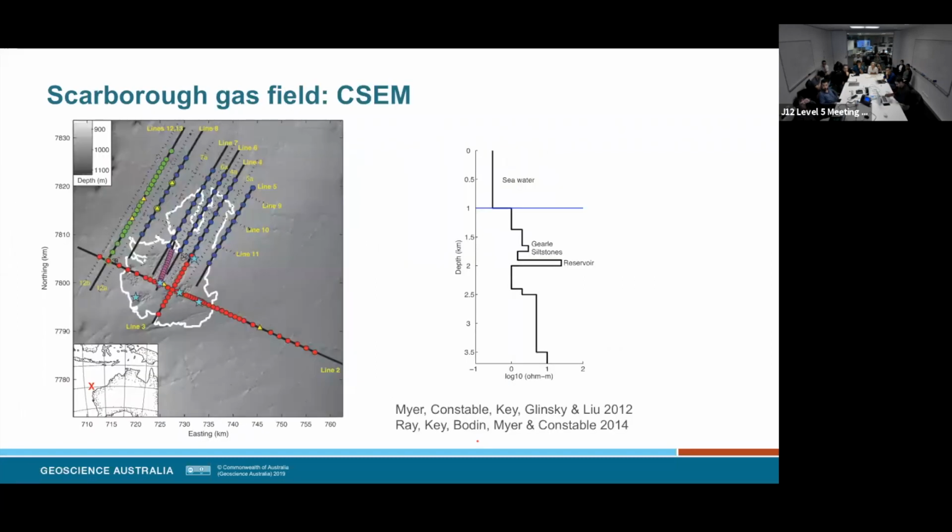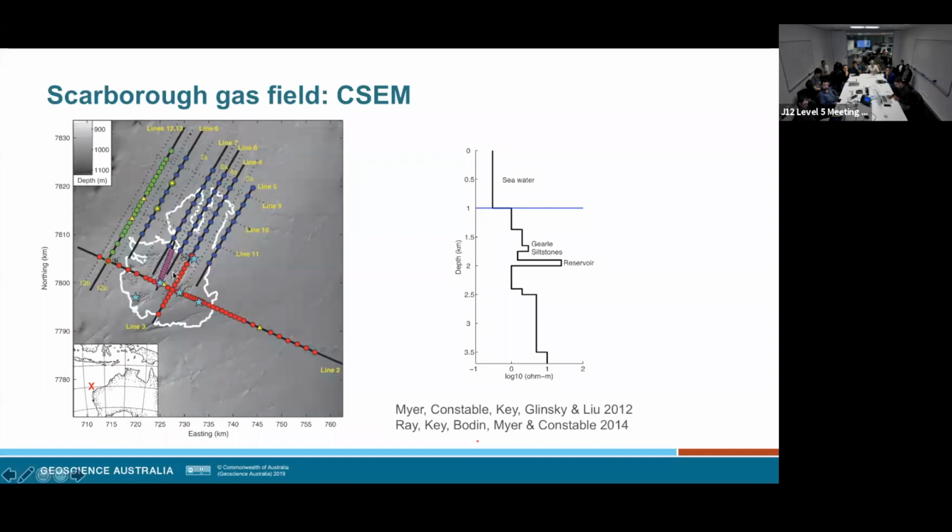Lastly, I'll leave you with an example from the controlled-source electromagnetic method, another geophysical Australian example, the Scarborough gas field in the Northwest Australian shelf. And you've got what my friend and collaborator David Myer called the rabbit ears, which mark the 50% gas saturation line.